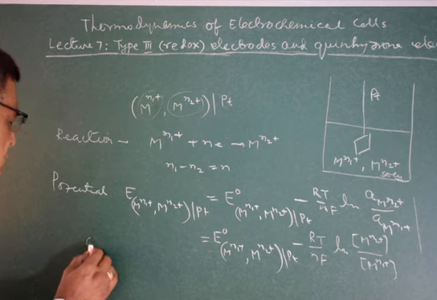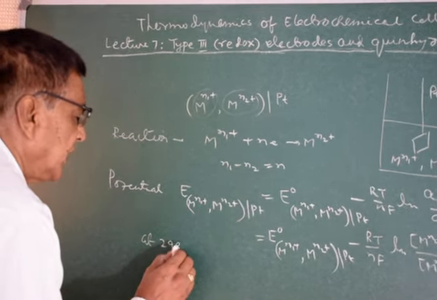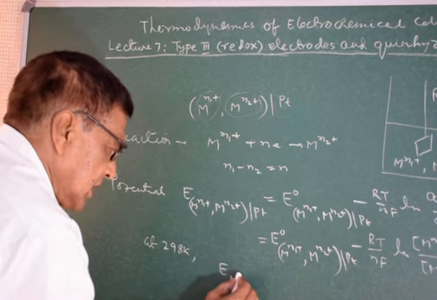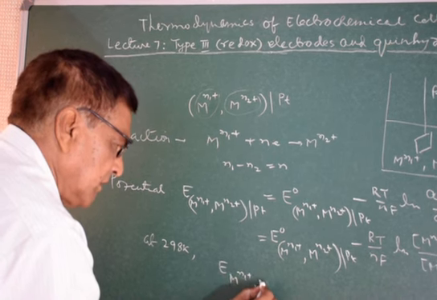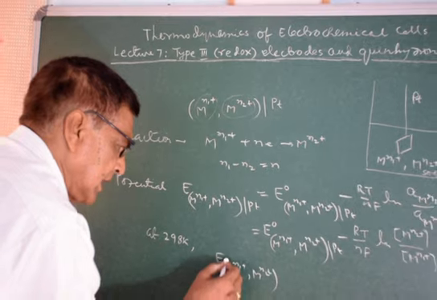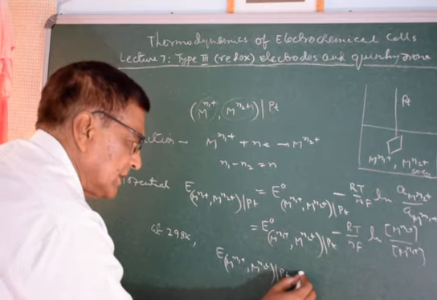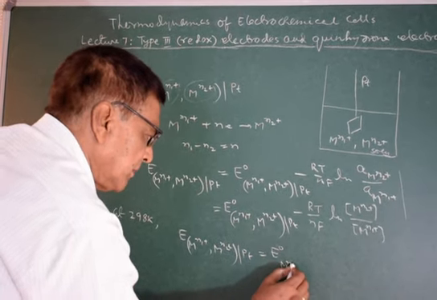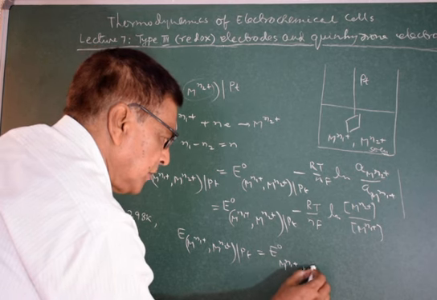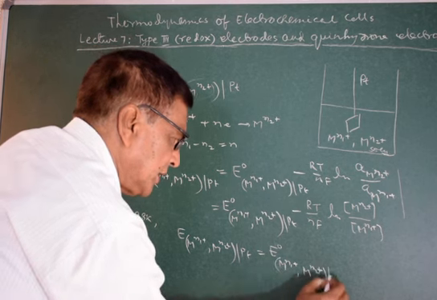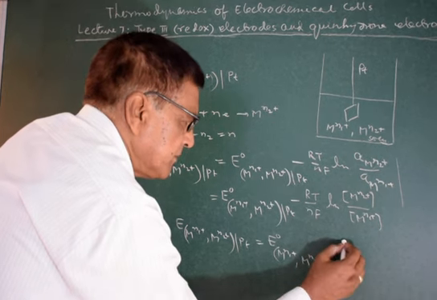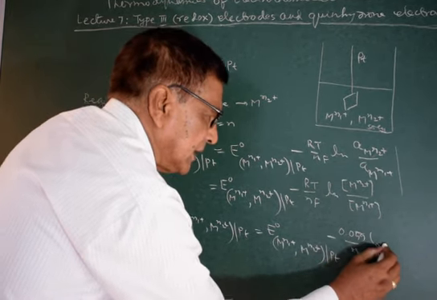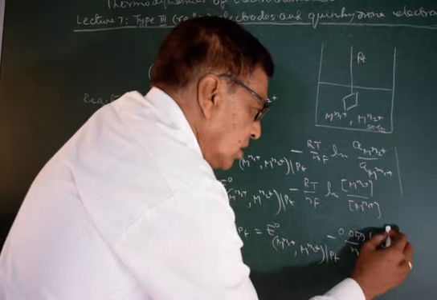At 25 degrees centigrade or 298 Kelvin, E equals the standard value E naught of N1+, N2+ and platinum, minus 0.059 by n, where ln is converted into log,